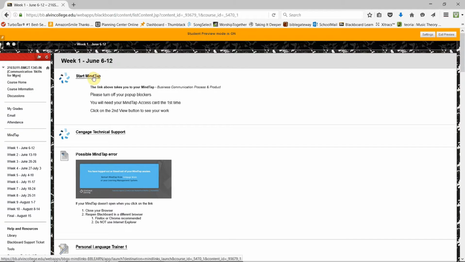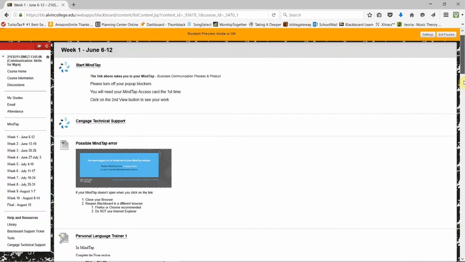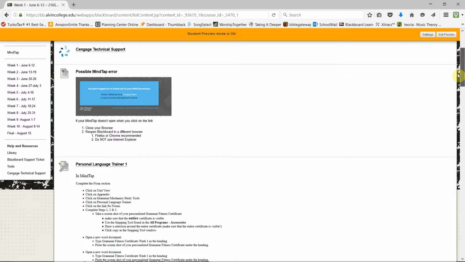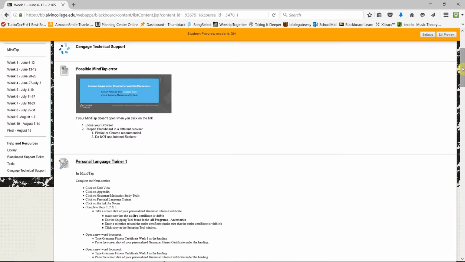Now, from the Mindtap, if you have problems, there's Cengage technical support. Notice the circle that's still dealing with Mindtap. You can click on this and they can help you if you are having problems. All right, you must have the Mindtap access card, and we do 2 chapters the first week. If you don't have your book and your card, it's going to be hard to come back from that many zeros. Okay, so make sure you start right away.